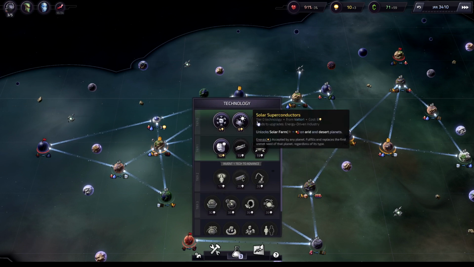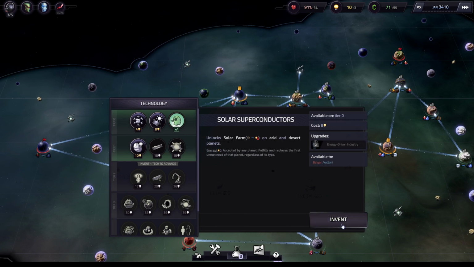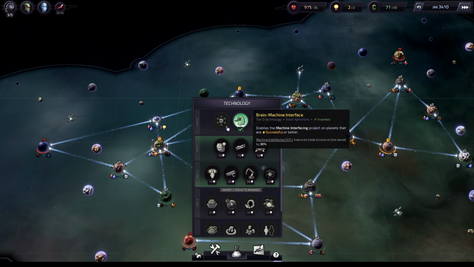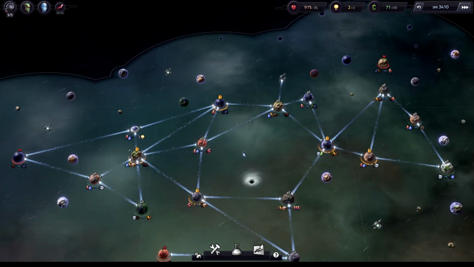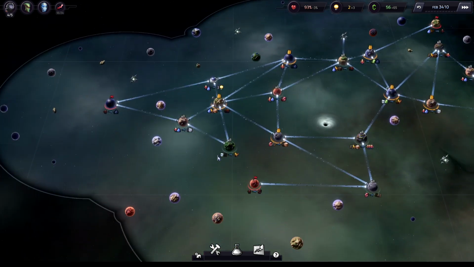Okay, so now we have to grab solar superconductors first, because otherwise, this is the tricky part about doing it this way, right? You have to grab the conductors first, because otherwise the tech tree will advance and you won't be able to get another tier 0. You can only get 2 tier 0s if you pick them as your first 2 techs. So now we gotta go for the orbital labs, right? There's a disadvantage of this is that, yeah, it's a two-way trade, it's fine, right? And then